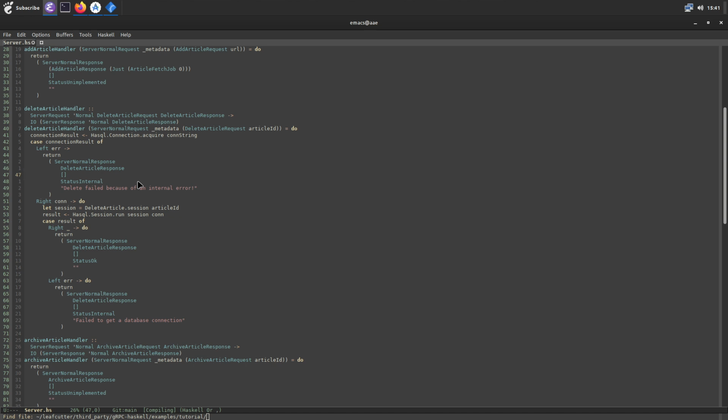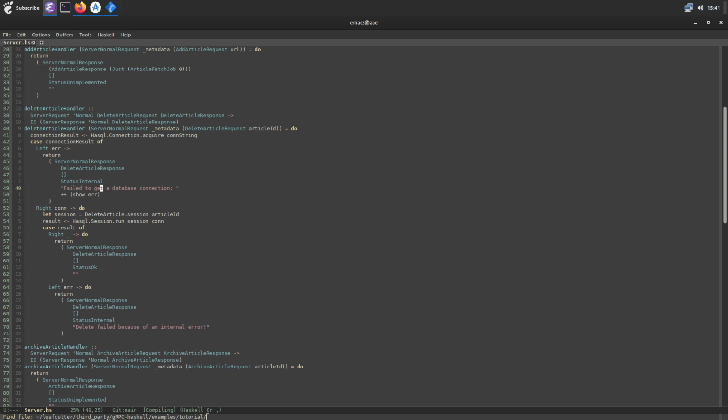should be, whoa. That's the opposite of, this one is a failed to get connection. And then maybe we can just print out the error. I don't know that this is a showable error, but we can try. And then